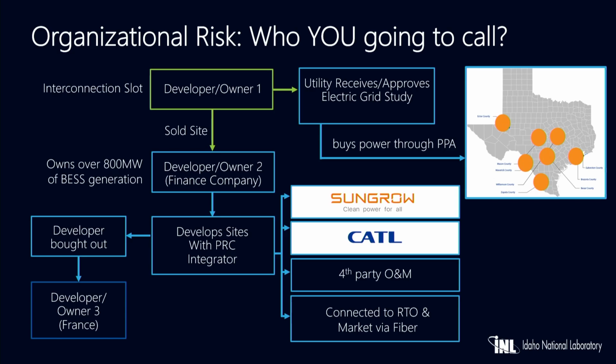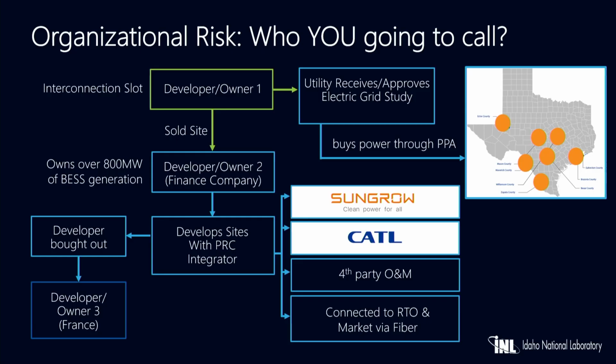So organizational risk is one we worked on as well. This is a site, or a set of sites, we were looking at to give the example of who do you even work with or who do you call if you have a problem. We started out looking at one, and again, it's a real site. I've just removed most names for obvious reasons. But we were looking at a developer, we'll call them Developer 1, and they had bought the interconnection slot, so they were going to develop the